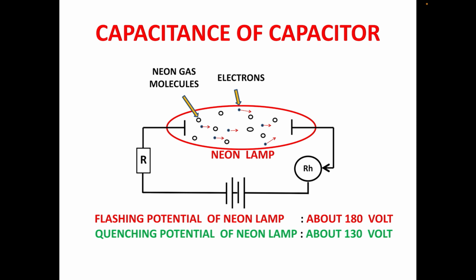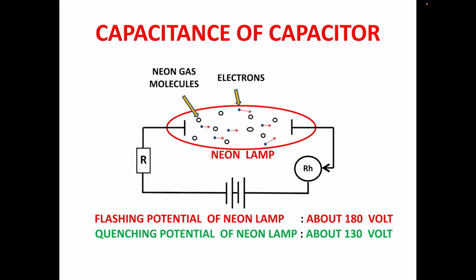If the potential across neon lamp is not increased beyond flashing potential, the potential starts reducing and the lamp ceases to glow when potential gets reduced to substantially low value. The voltage at which the neon lamp ceases to glow is called quenching potential of neon lamp, and it is